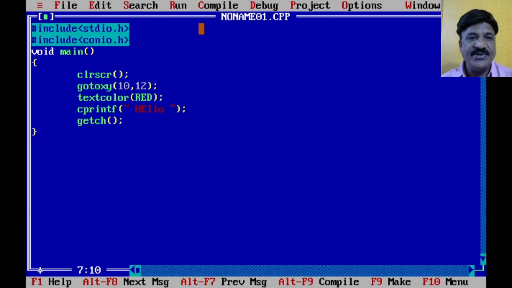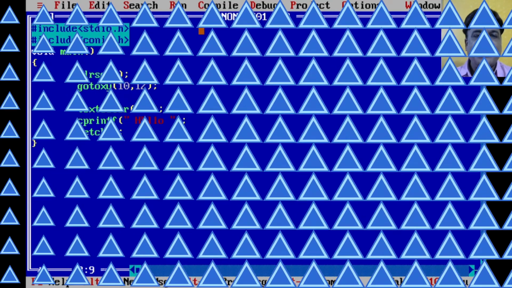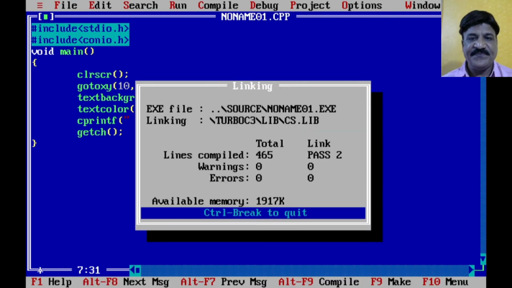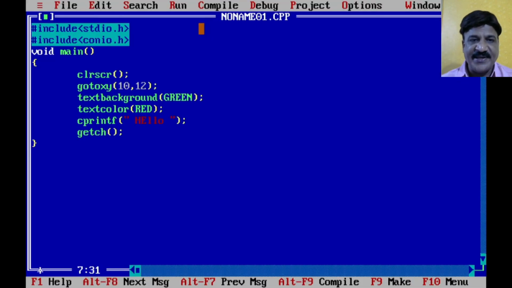Now, how to change the background color? To change the background color, you can use the function textbackground with the green color. Let's execute it and observe. Okay. Now, how to blink it? For that purpose, what you need to do,